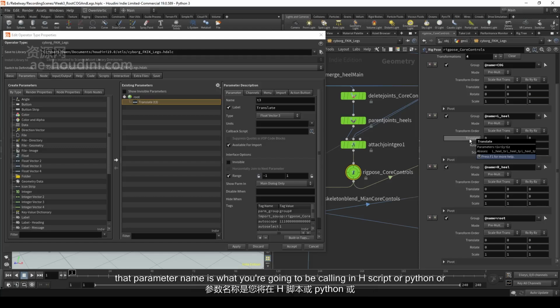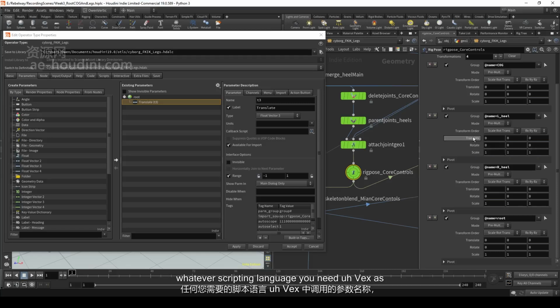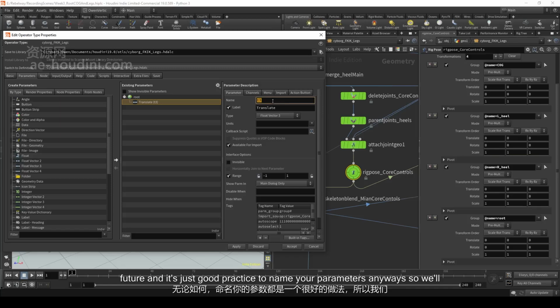That parameter name is what you're going to be calling in HScript or Python or whatever scripting language you need, VEX as well. So you want to make sure you name it something if you plan on using scripting in the future, and it's just good practice to name your parameters anyways. So we'll call this root trans,